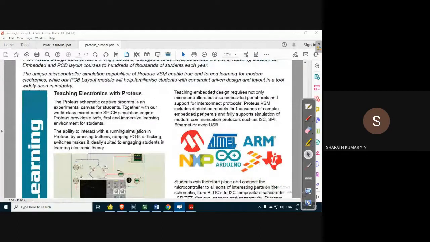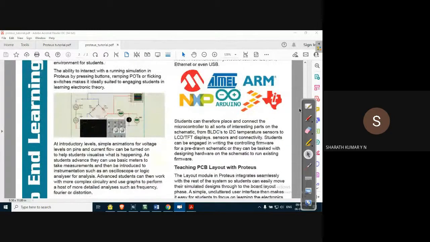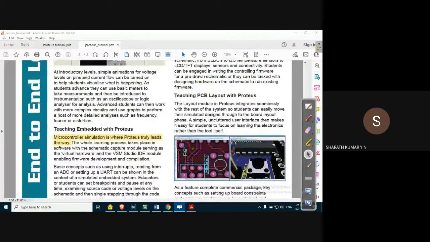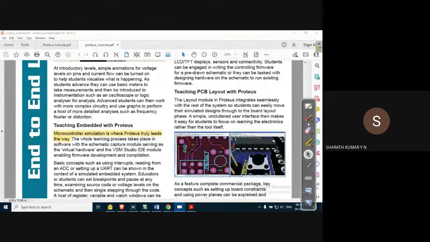Okay, so it is used for teaching basic electronics using Proteus, like schematic. Basically, we can interface components, we can program it, and we can observe its operation. Okay, so that's one thing possible with the Proteus software. This package that we are using in our laboratory is for this purpose, that is for embedded applications.